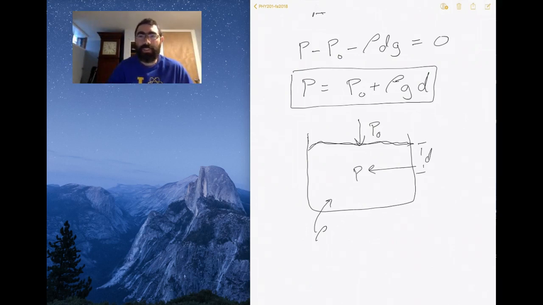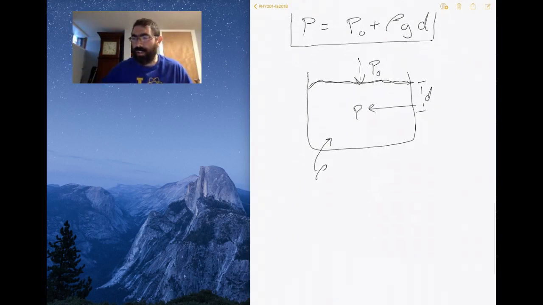And so if you think about it, this equation makes sense because what it's saying is that there's some pressure on top of the fluid in the container. And so that's applying a force. But then the deeper you go into the fluid, now you're going to have more and more fluid on top of you. And so you're going to have the weight of the fluid pushing down on you. So the pressure,